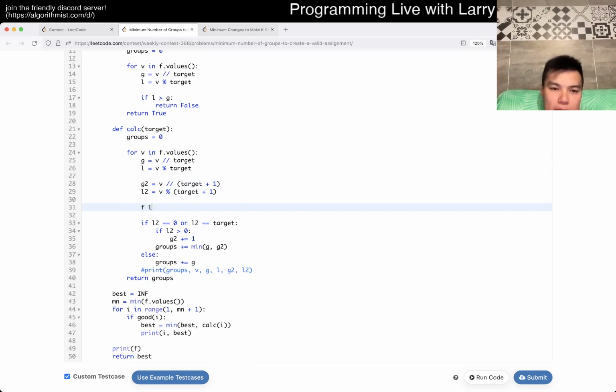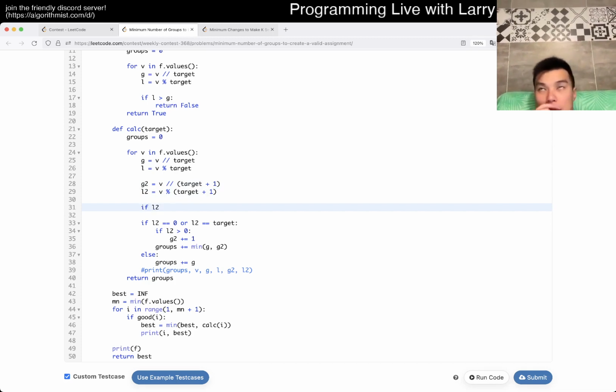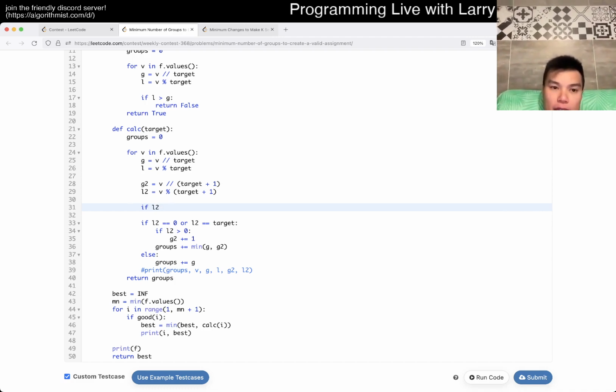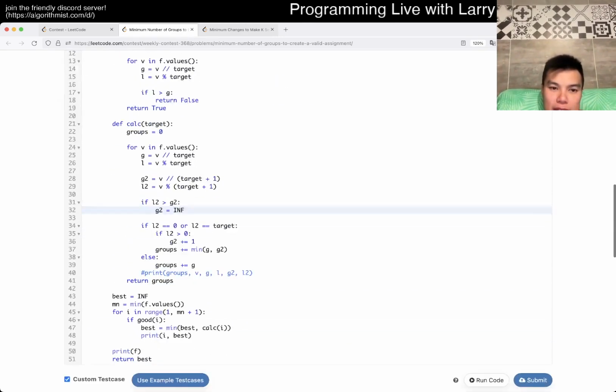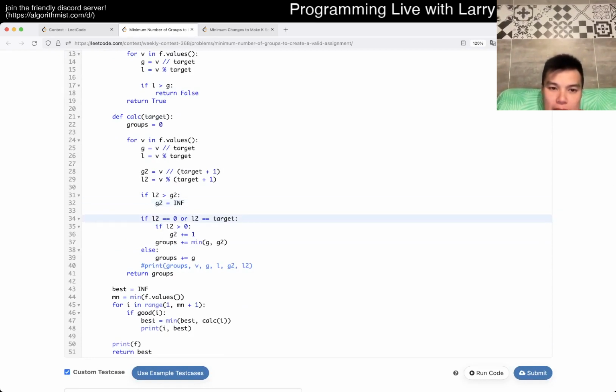Right, so if L2, the number of leftovers, is greater than G2, then G2 is equal to infinity, say. Right? Otherwise,